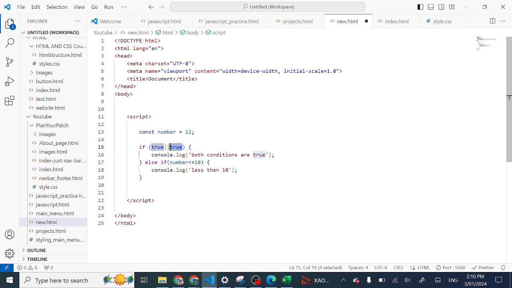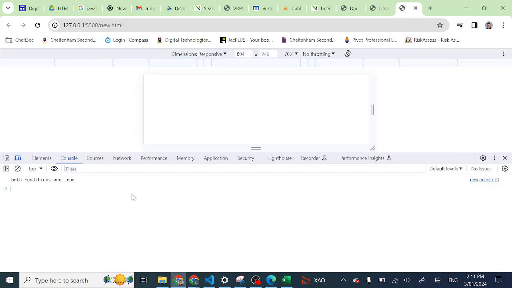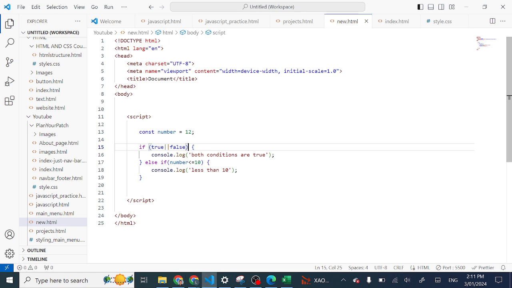That means that only one of these two conditions needs to be correct in order for the overall statement to be considered true. Okay, so both conditions are true. Now, by the way, a few minutes ago, I was having trouble running the code. I didn't bother trying to fix it, but this is a good example of,